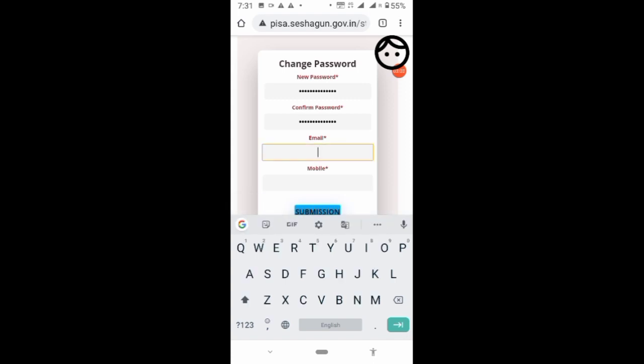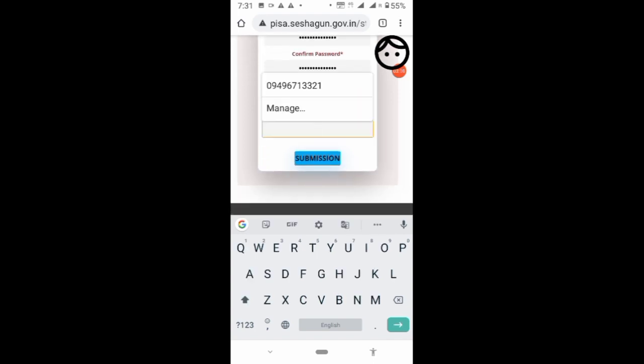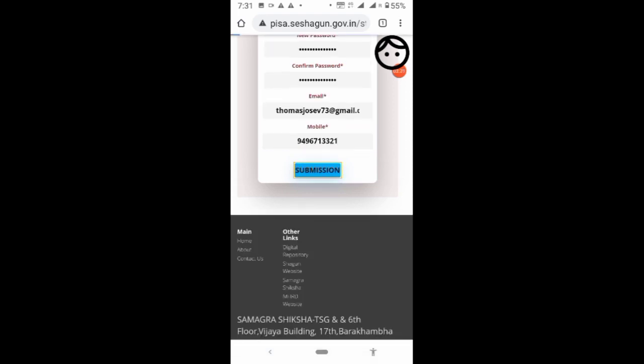Mail ID, you have to give your mail ID, type your mail ID and type your phone number. Okay, after that you can click on submission.